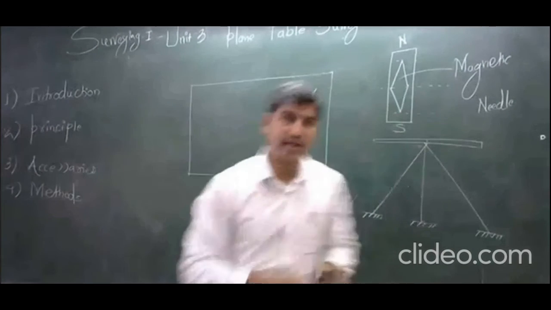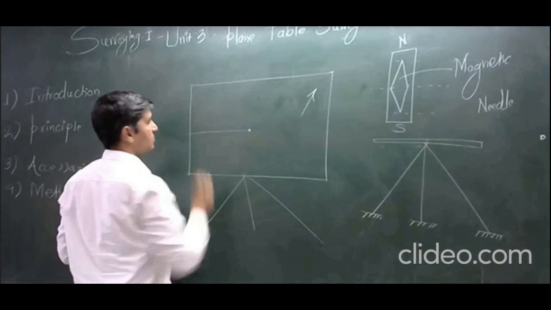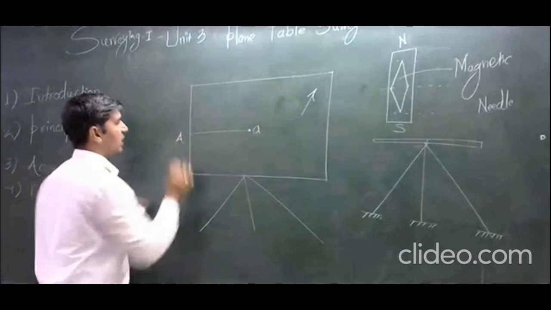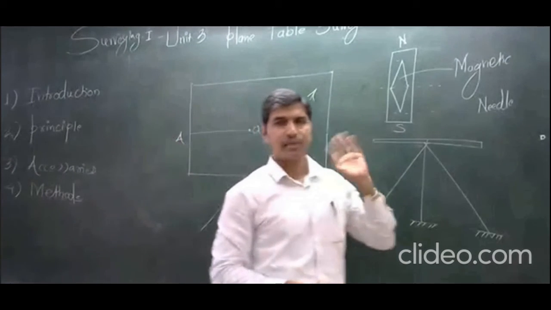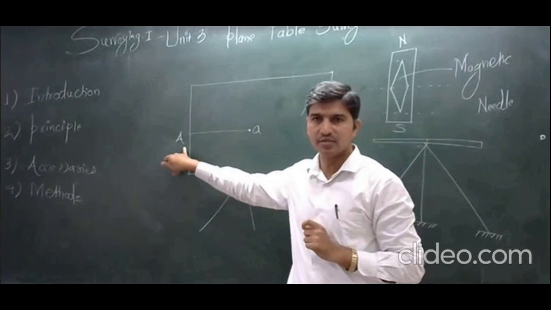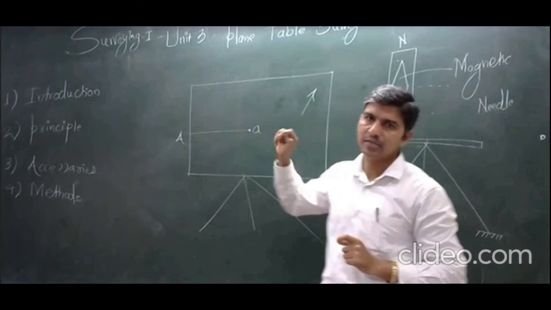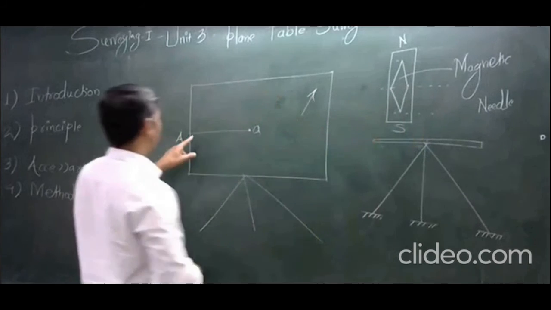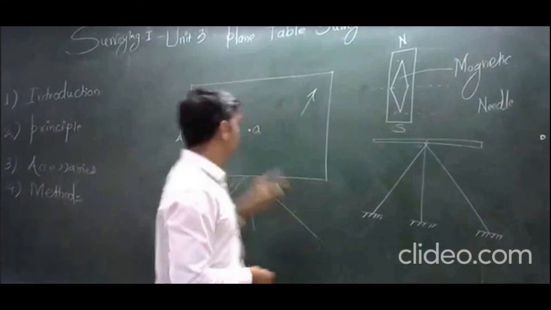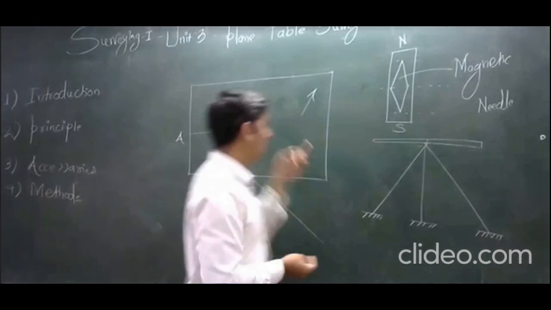Now I have to keep the rough compass. I have to keep the U fork. Suppose this is the small a, and below on the ground we have a capital A. The point on the ground I will show by capital letters, and the point on the drawing sheet I will represent by small letters. So by using the U fork, I have confirmed that small a and capital A are exactly one above the other.